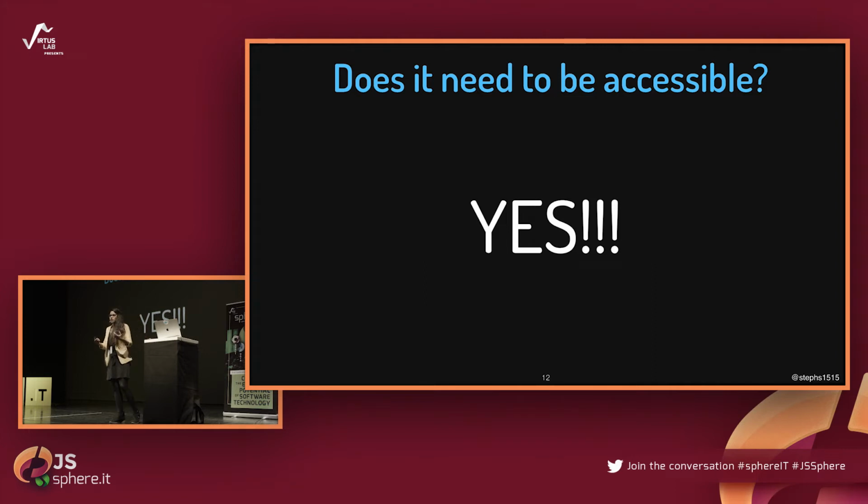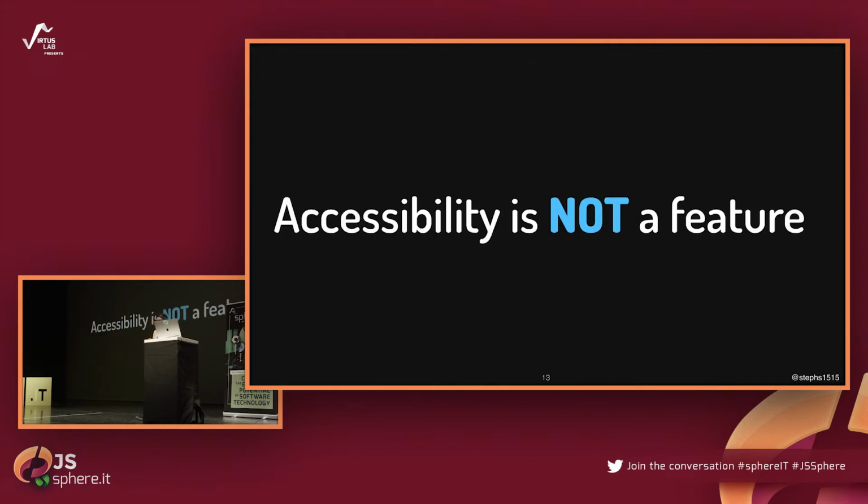And then we start thinking of accessibility as something extra, something that needs to be added at the end. But the thing is that accessibility is not a feature. It's not something that you add and sprinkle over your applications in order to make them a bit better for some users out there. Accessibility is something that you need to do from the beginning, and if you didn't, then you need to implement it and continue to do it. It's also not something that you do, and then it's over, it's already accessible, because you will probably keep developing things and adding features. So you need to continue this process of including accessibility in your everyday work.